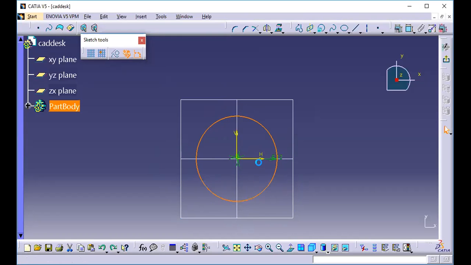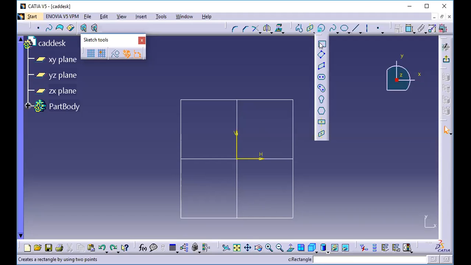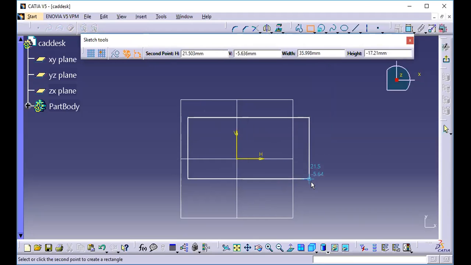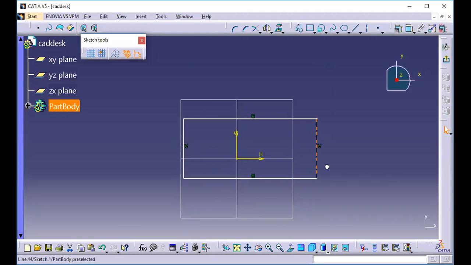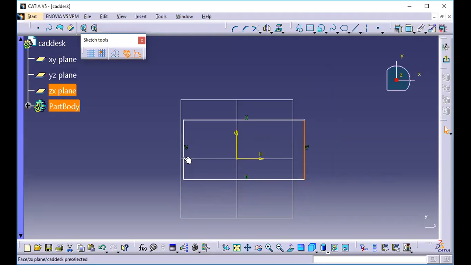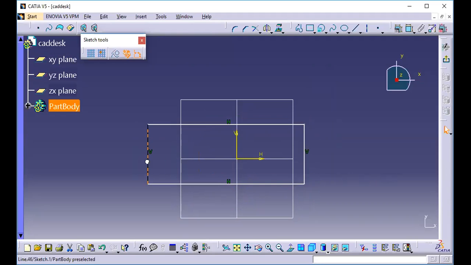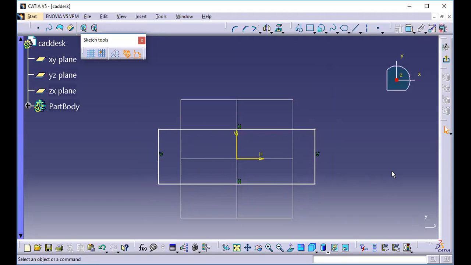That I control Z now. Suppose I am creating a rectangle. Now it is showing me with white color. So this is under constant sketch. If I want to make it as a constant, I can just move all the sides. So it is not constant. Degree of freedom is not restricted. Though it is horizontal and vertical, other degrees of freedom are free over here.